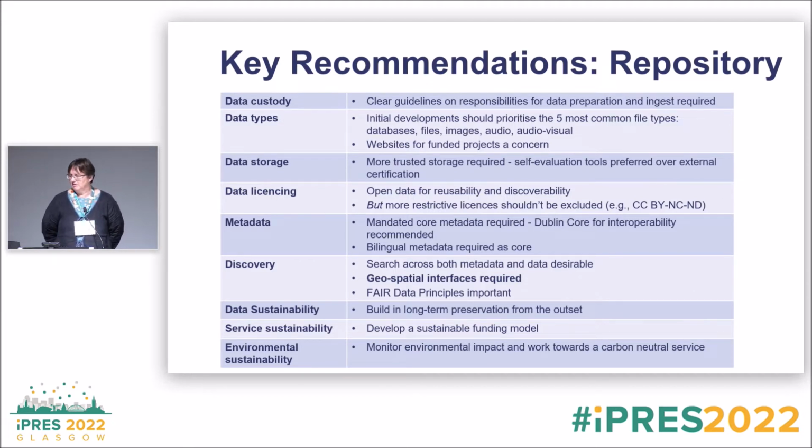Around the repository, we recommend guidelines and responsibilities for data preparation. We thought about particular data types, and 5 were identified as the ones that we would need to focus on. The storage needs to be more trusted. We need to think about data licensing. We'd need to think about a metadata standard, or at least a profile of a metadata standard, probably around Dublin Core. Geospatial interfaces were very much thought about, along with FAIR data and the ability to search across both metadata